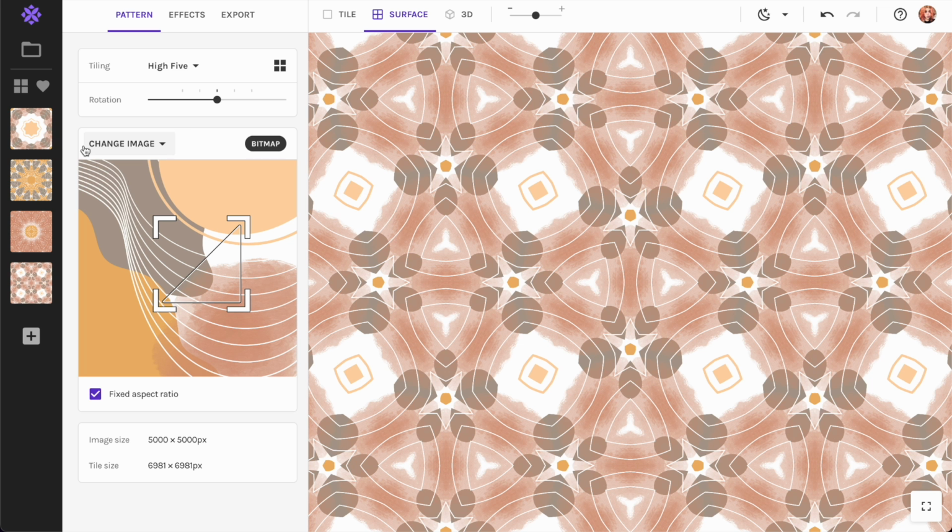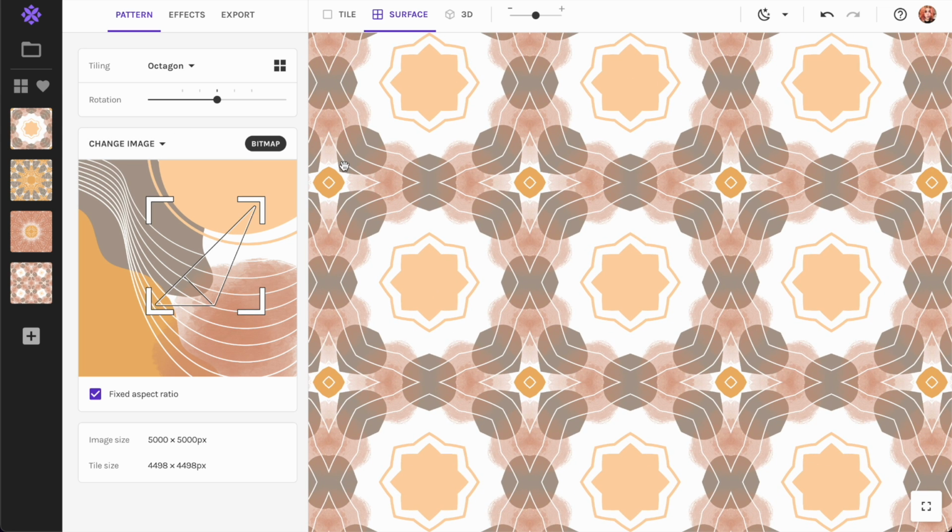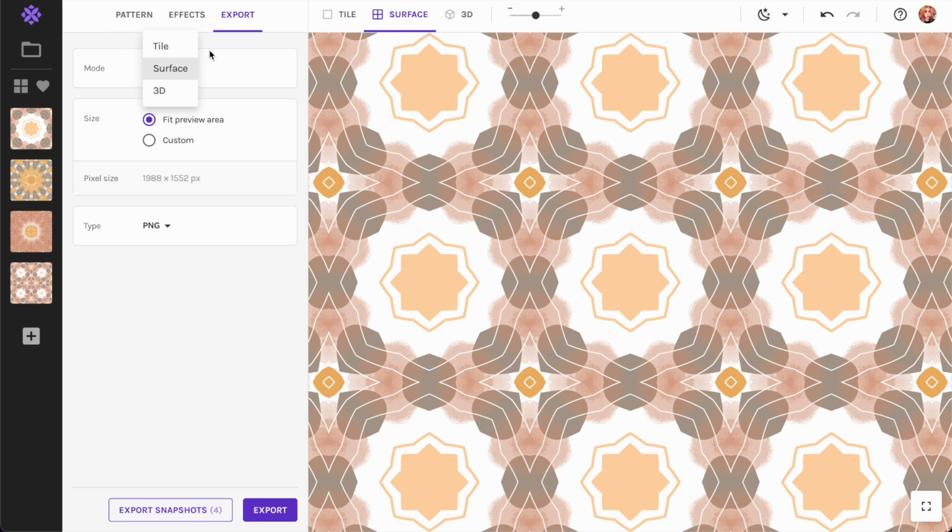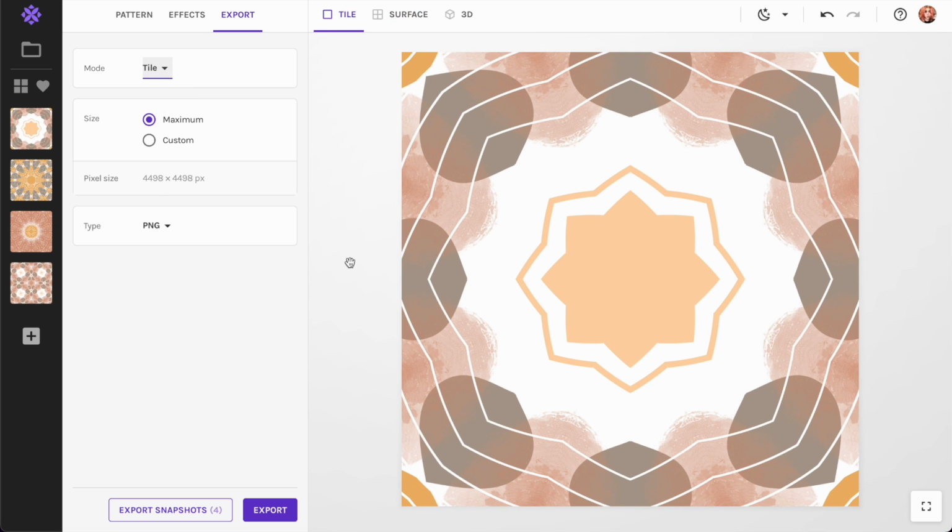So I'm going to carry on with pretty much the first thing that I saw that really caught my eye, which is this one. And in this case, the first method of exporting is a tile, because Redbubble has the option to multiply tiles or to tile things and repeat them on top of products. I'm going to go over to export, and here I'm going to click either here or here on tile. This is basically the tile that creates the entire pattern. And I can just download a tile. That means that my download size is not going to be that big, the photo is not going to be that heavy, and it's basically going to download with